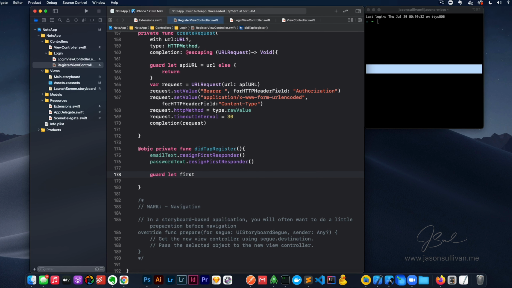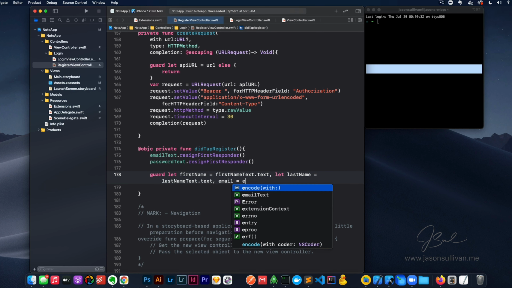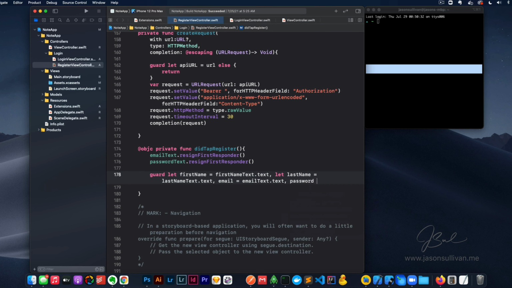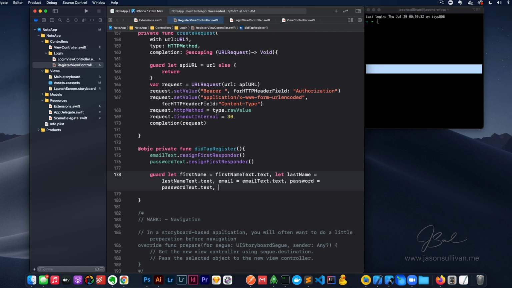Let first name is equal to first name text dot text. Let last name is equal to last name text dot text. And then email is equal to email text dot text. And then password is equal to password text dot text. And we're going to say not first name dot is empty,